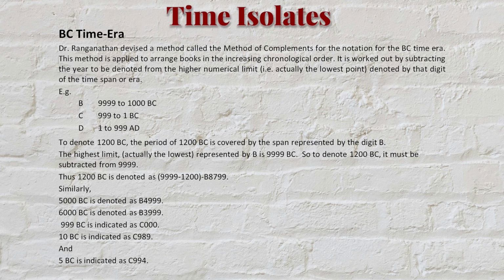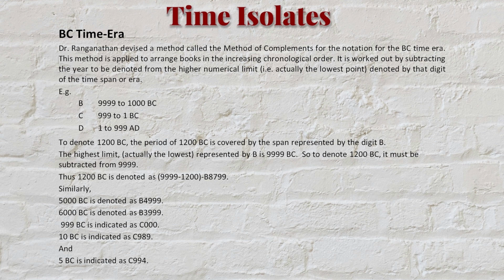To denote 1200 before Christ era, the period of 1200 BC is covered by the span represented by digit B. The highest limit, actually the lowest in the reverse process, represented by B is 9999 BC. So to denote the year 1200 BC, it must be subtracted from